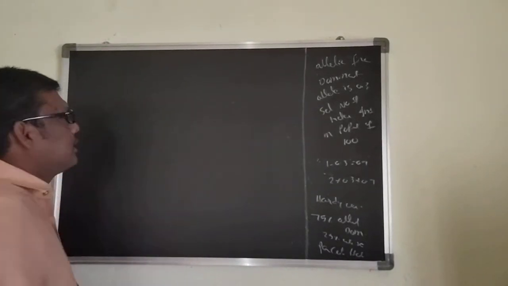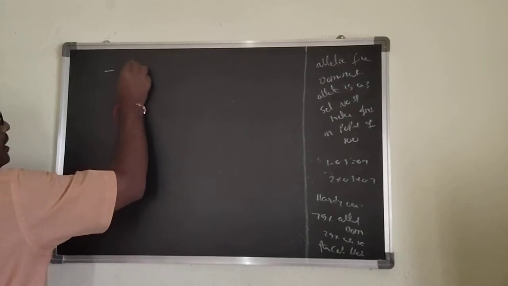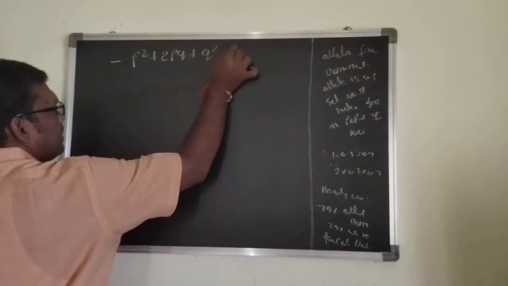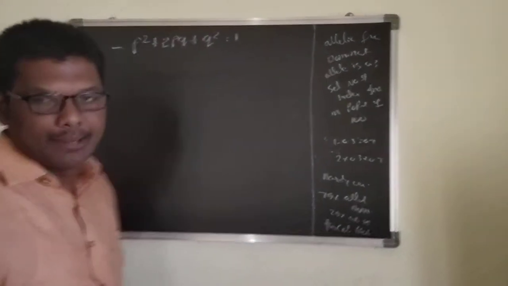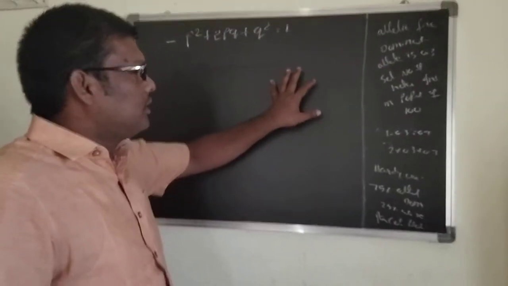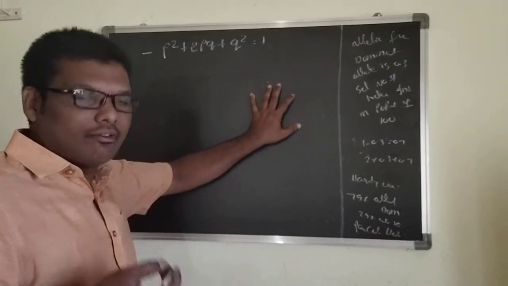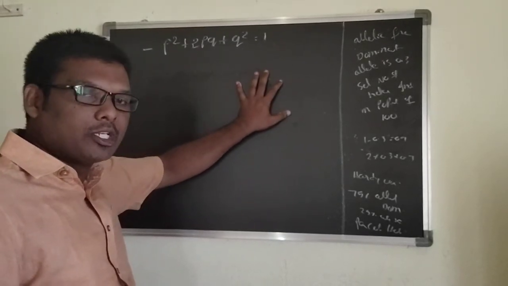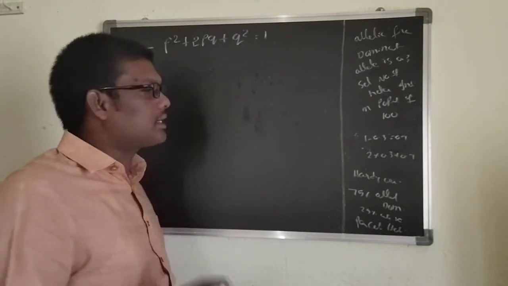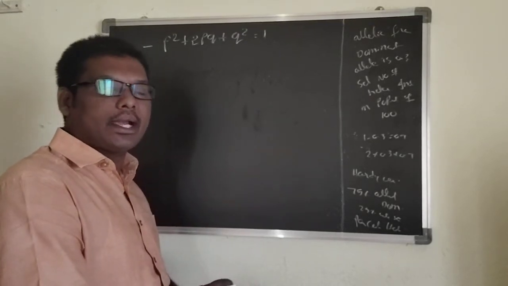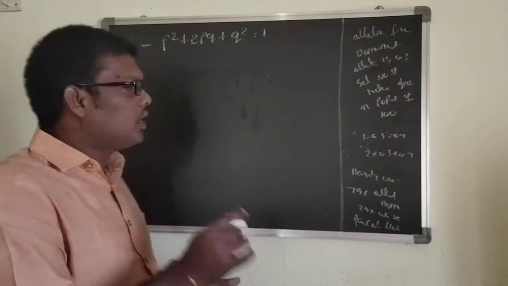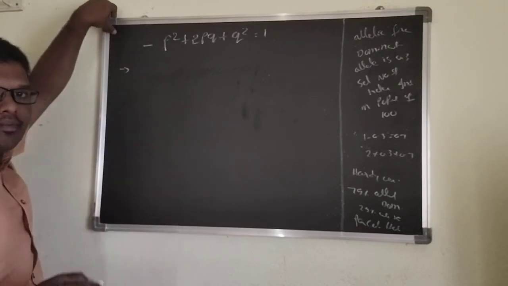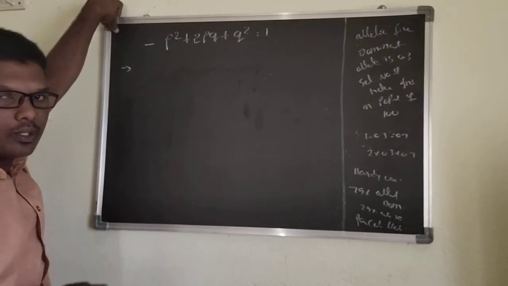Last class we discussed the Hardy-Weinberg principle. The equation is p square plus 2pq plus q square equals 1, and it maintains genetic equilibrium. If they ask a somewhat difficult question at NEET level, compulsorily one problem can come from the Hardy-Weinberg principle. Today and tomorrow we will discuss the problematical questions regarding the Hardy-Weinberg principle. Now let me show very shortly how to apply it.